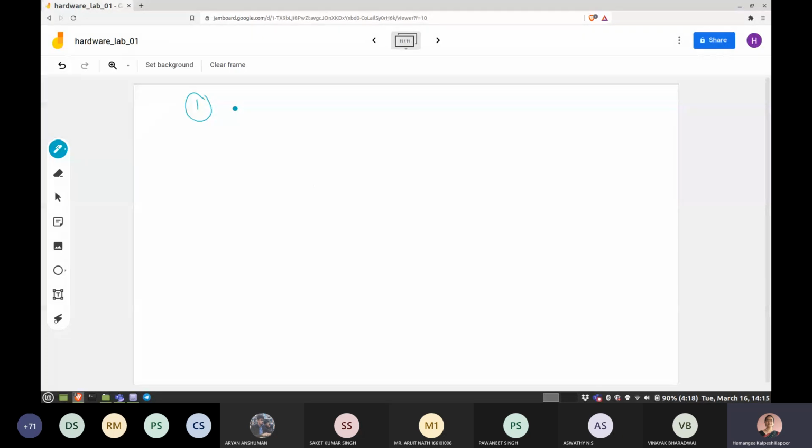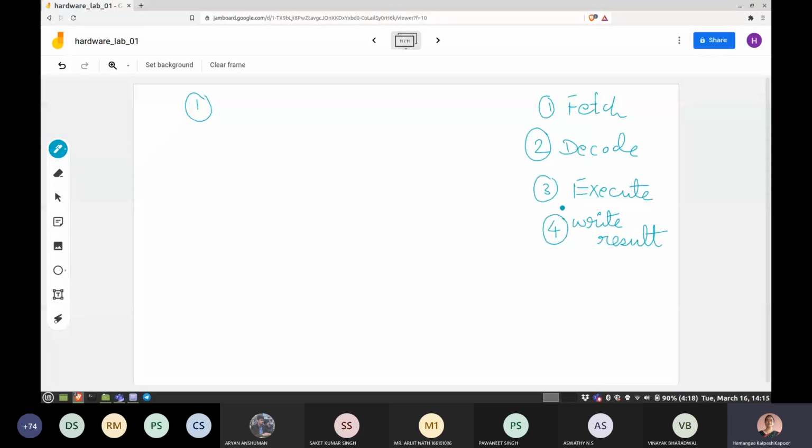Let me start writing it here. Every processor does these 4 things, and you already know how to fetch the instruction because we have the SRAM.